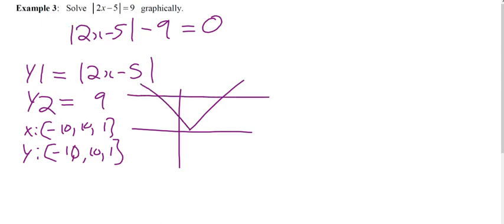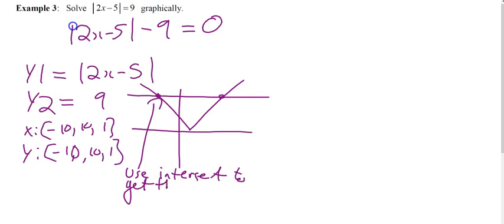Okay, we've got our thing. We're going to do an intersect. Okay, so use intersect to get the x value. Okay, so second calc intersect. We got a negative 2. We got a 7, right? So that's y1, y2 intersect. Or